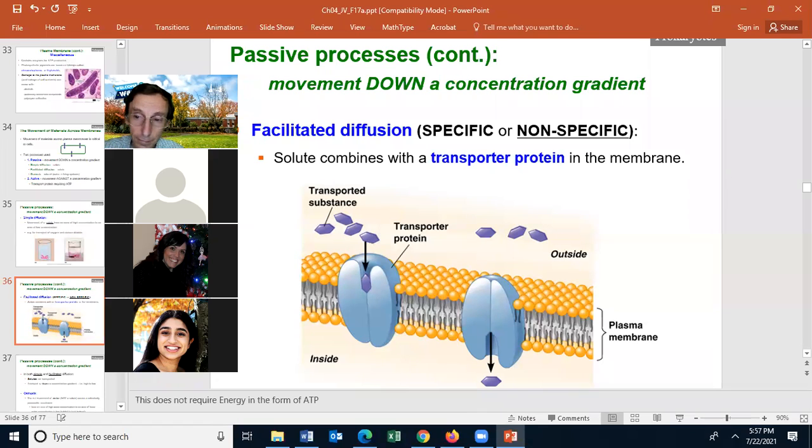With glucose, when glucose is higher outside the cell than inside the cell, glucose will move into the cell by facilitated diffusion. However, once the glucose levels are equal outside the cell and inside the cell, this protein will change, and it will no longer act as facilitated diffusion. It'll act as an active transport protein,